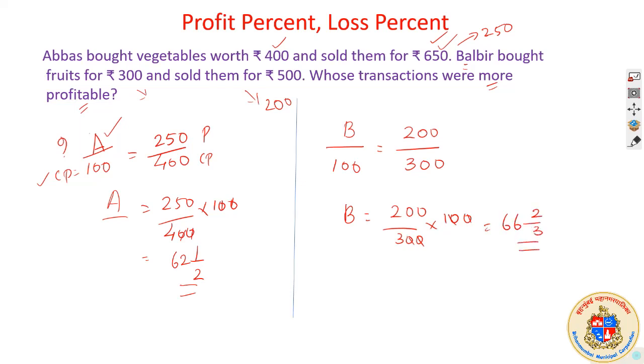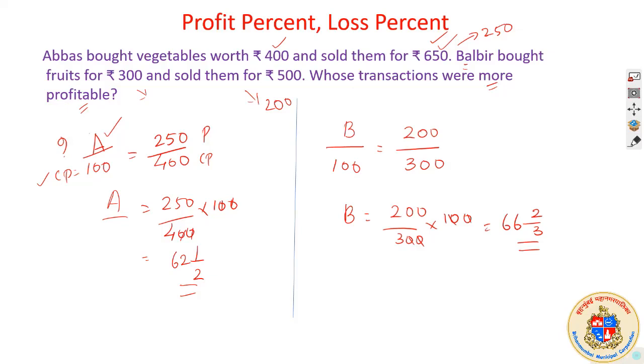So what we understand, Balbir gets 66 and 2 upon 3 rupees profit if he invests 100 rupees. So now the question is, whose transactions were more profitable? Now we can see Balbir gets 66 plus rupees profit on 100, and Abbas is getting only 62. So the earlier 250 and 200,